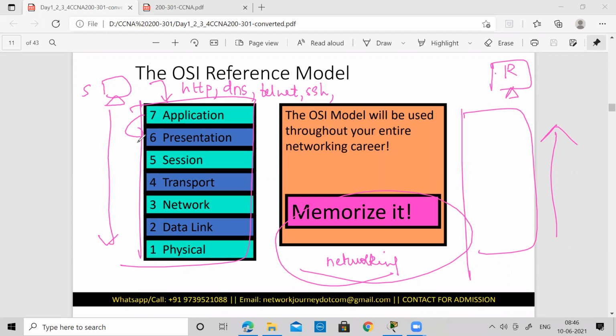So it's as good as you are ready with the information and you just want to write the information grammatically correct, syntactically correct, and that is what is seen by the presentation layer.